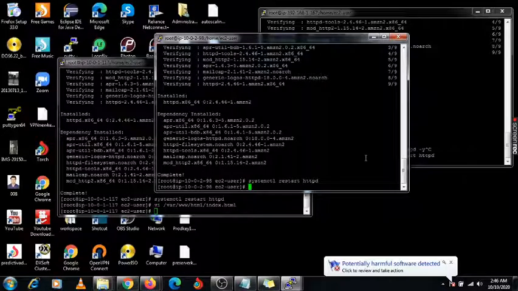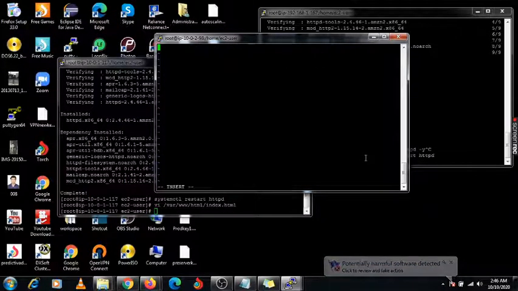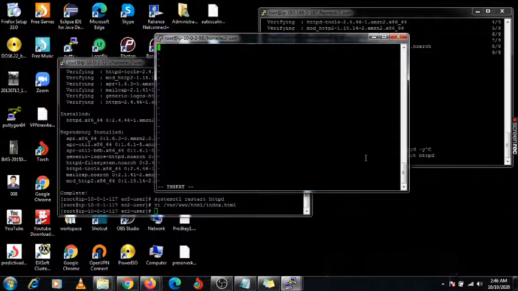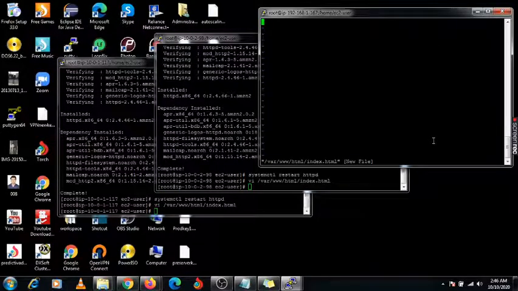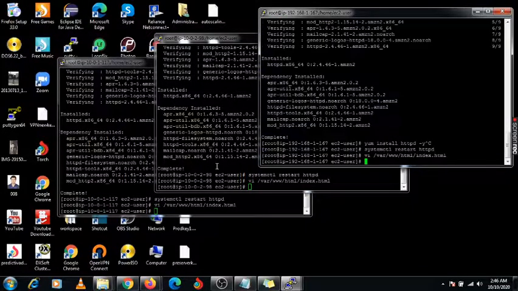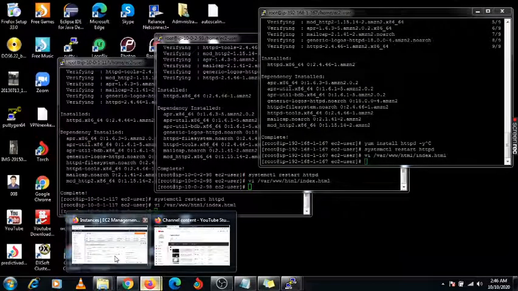Another one, that is server2. And here server3 is specified. Okay, now all three servers have done their configuration.